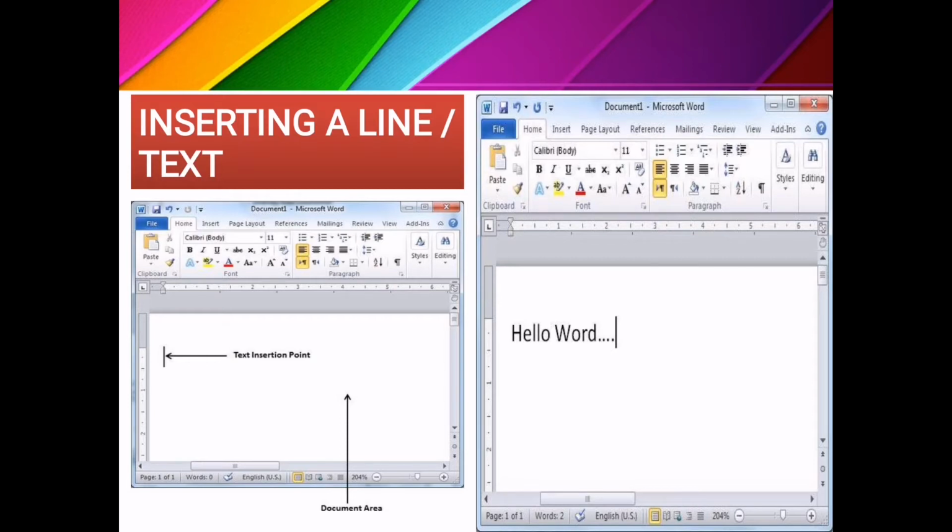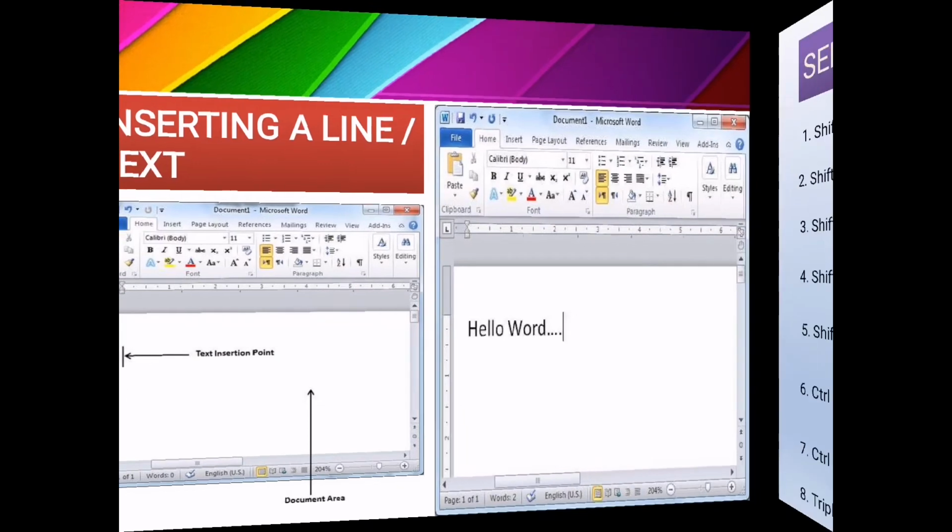Now if you press the enter key, a blank line gets inserted. Then you start typing the text or a line. That's inserting a line or a text.